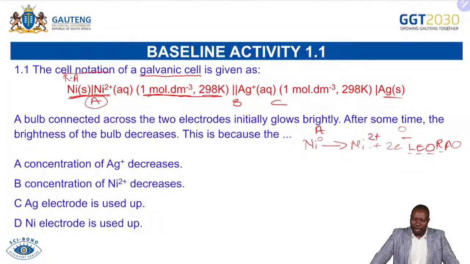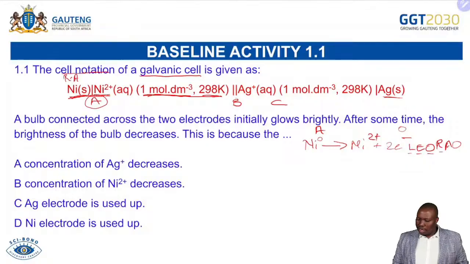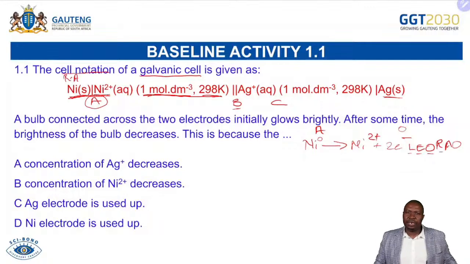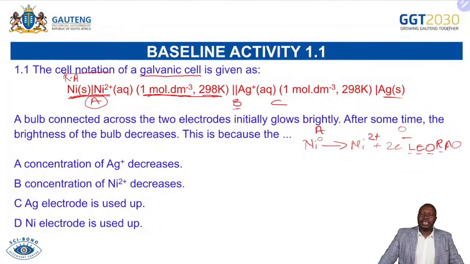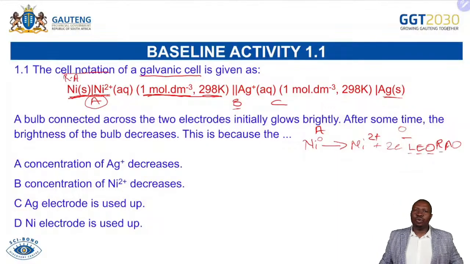So you can see that, okay, that's what happens at the anode. Now let's move to the cathode, and when we go to the cathode, we are passing through the salt bridge there. Remember the functions of the salt bridge. The first function is to complete the circuit, and the second one is to maintain electrical neutrality through the movement